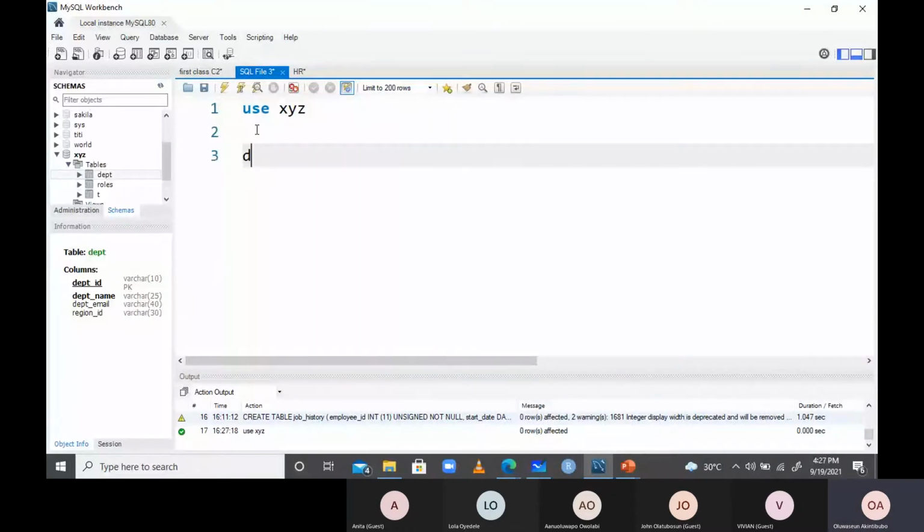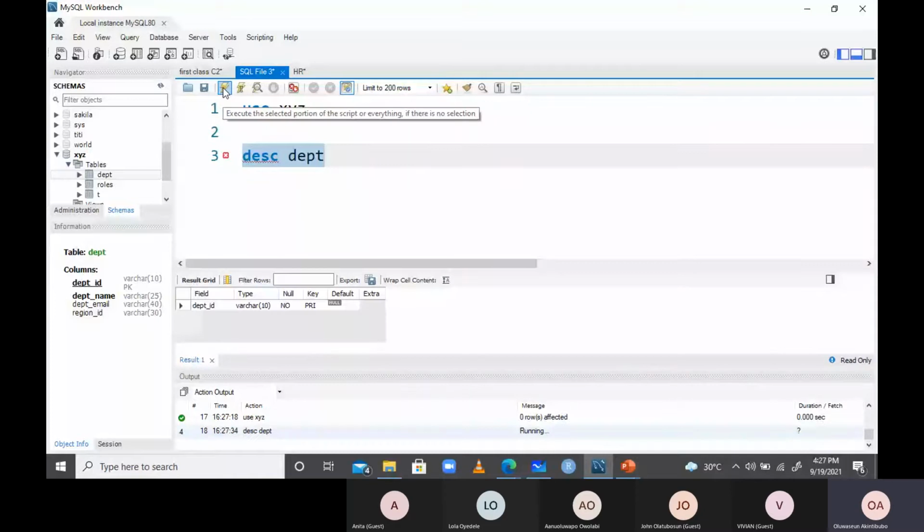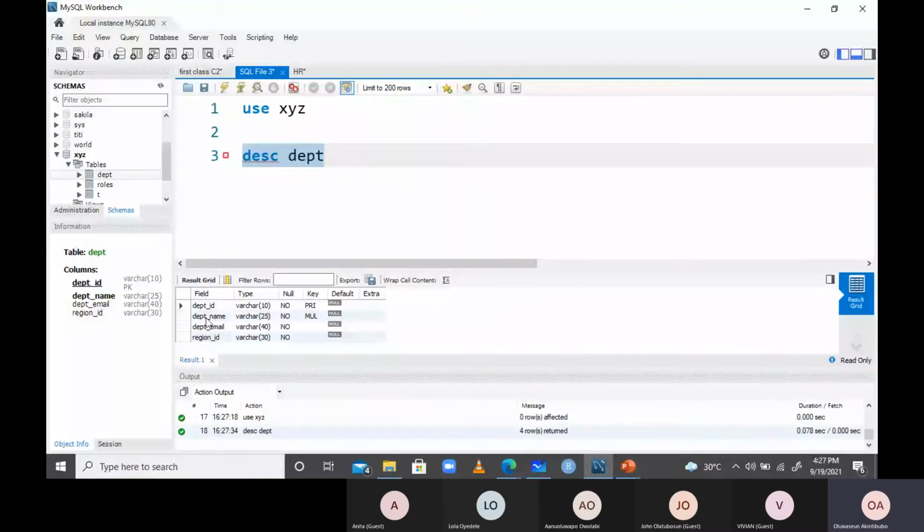And I'm going to describe, so XYZ has a table called department or dept table. I created that table a while ago. So you see, the table contains 4 columns: department ID, department name, department email, and region ID. So now the business case is to add